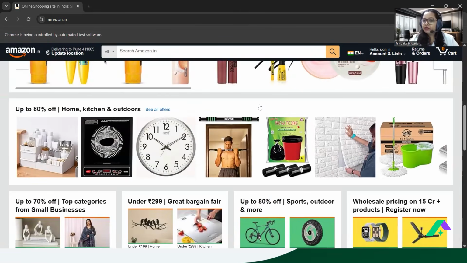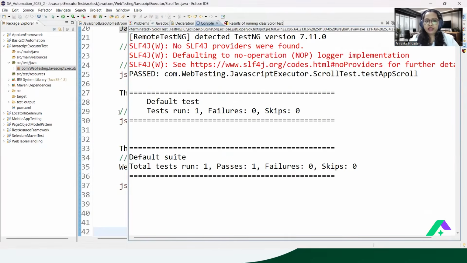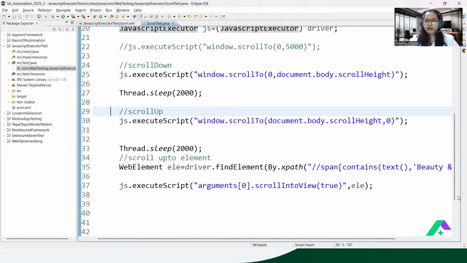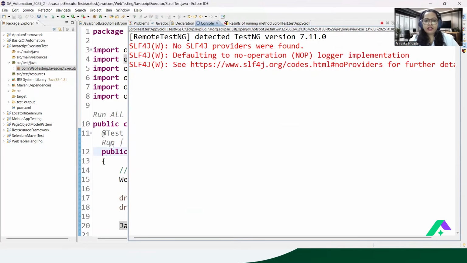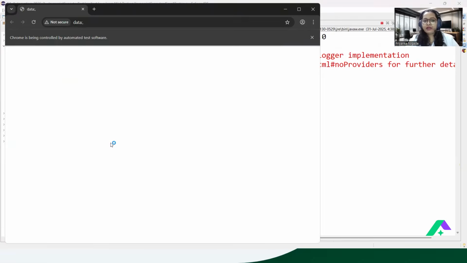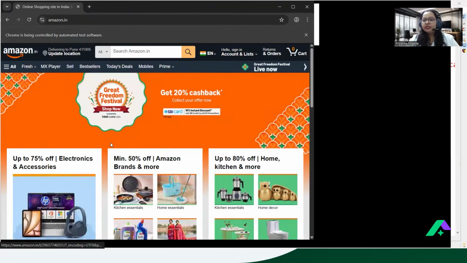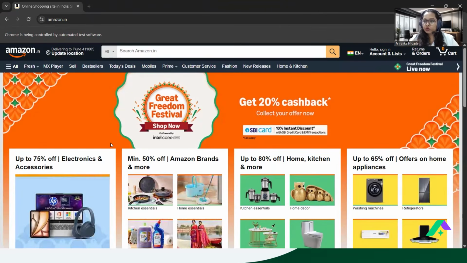But we haven't been able to see the entire execution, so better I'll run it one more time. Let me execute it once more. Have a look. This time, it scrolls down, scrolls up to the element. That step was also done after 2 seconds, right?